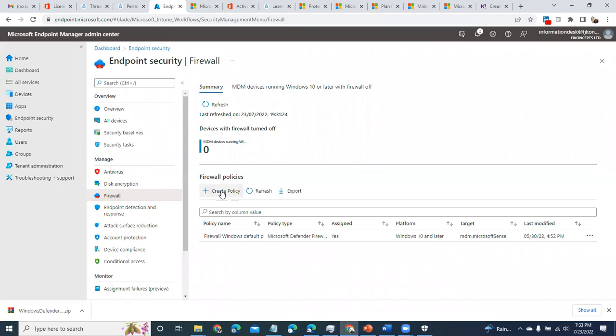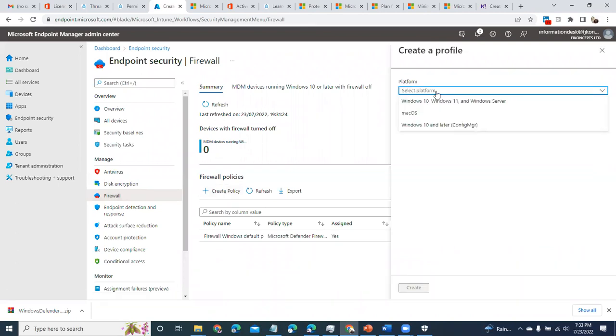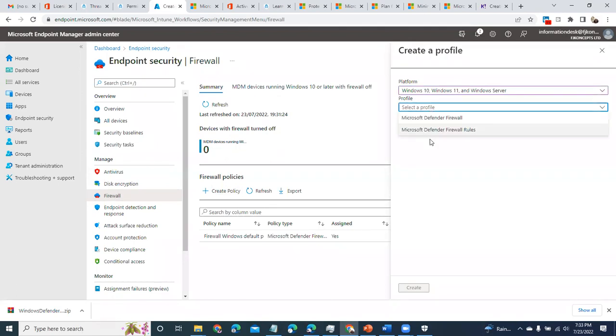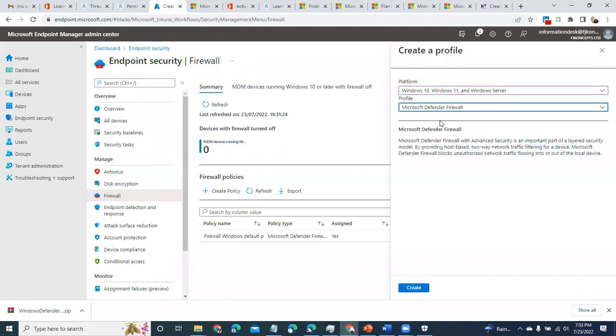So that's the same thing you do here for firewall. Create a firewall rule, and for the firewall rule, you can say, permit inbound, outbound.